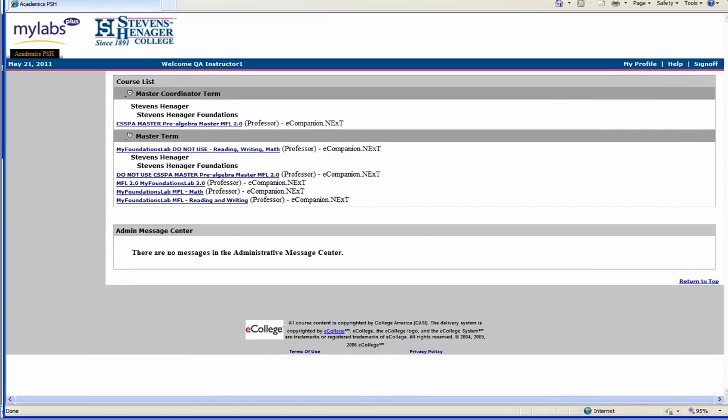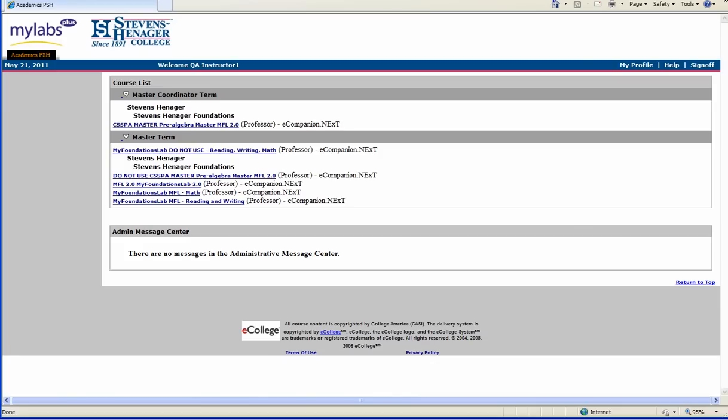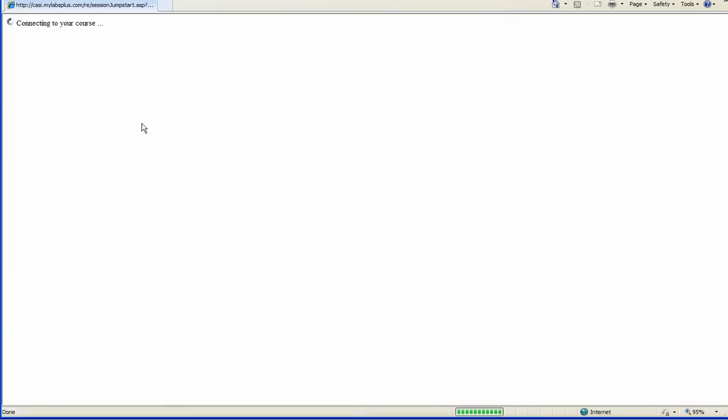And if that is not working, then you can try to think of, if you've changed your username or password, it might be one of your old ones, or you can contact your instructor and we can find that out for you. Once you're in, you'll click on your class. You won't have any choices. You'll just have one. So click on your class,